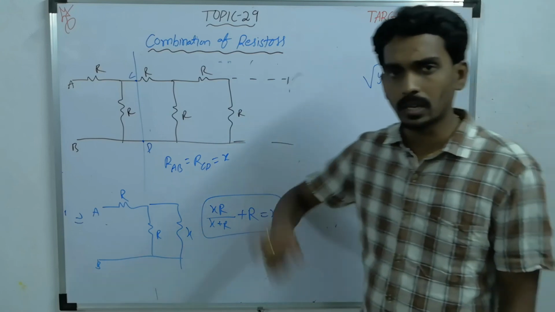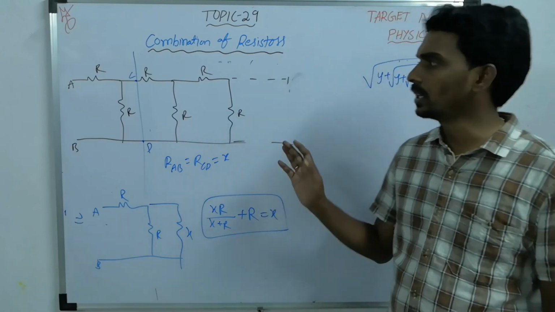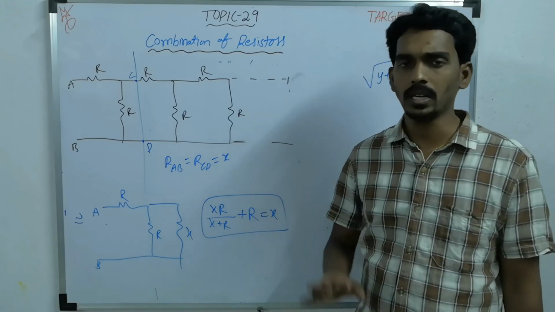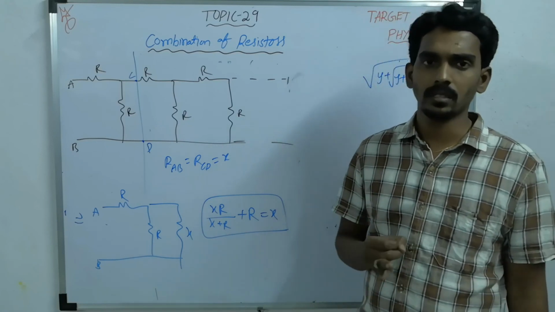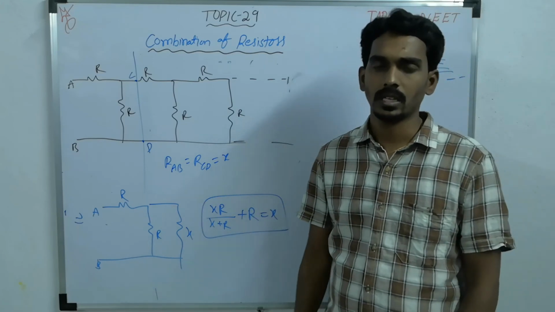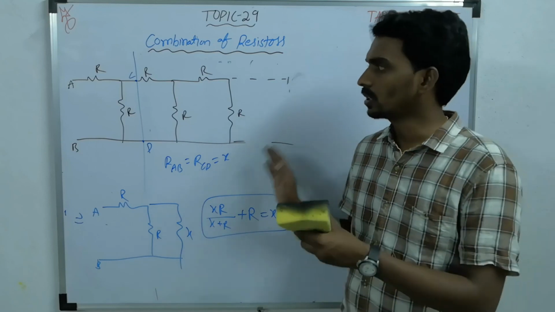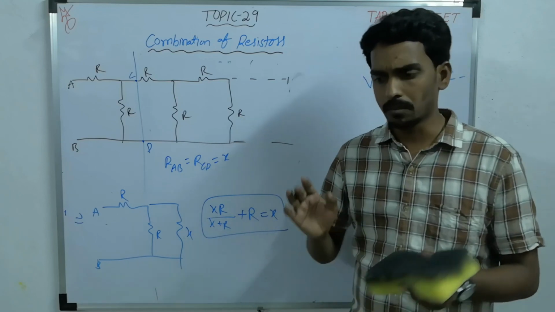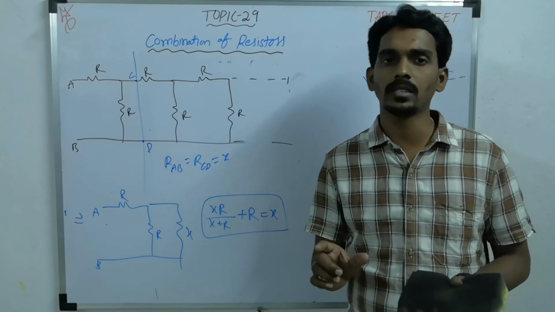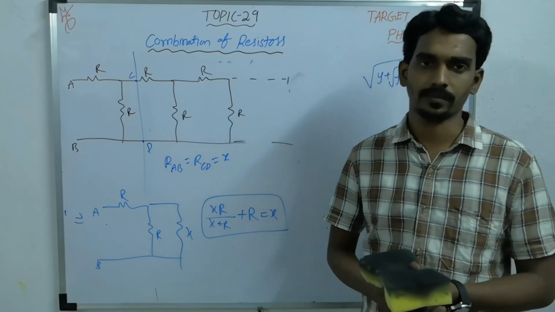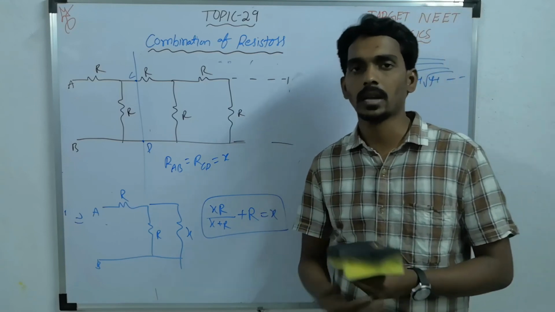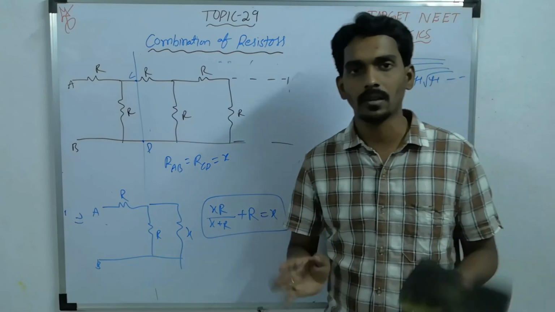So this is also one of the important models. Please try to understand. One is the simple series and parallel combination based question. Another one is the Wheatstone bridge type. And the third one is the infinite series, the infinite ladder. So try to understand and practice. The main thing is if you can find the series and parallel combinations in a circuit, then it becomes easier. So hope you all understood how to solve this simple type of questions based on combination of resistors.